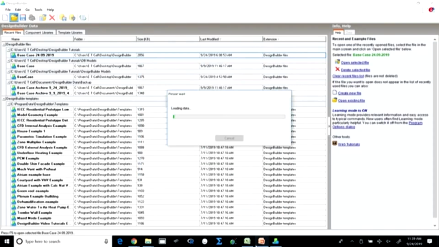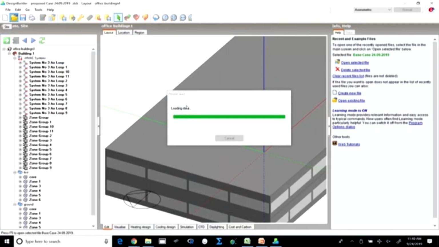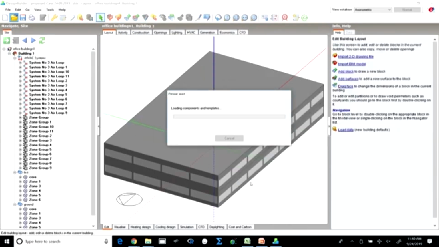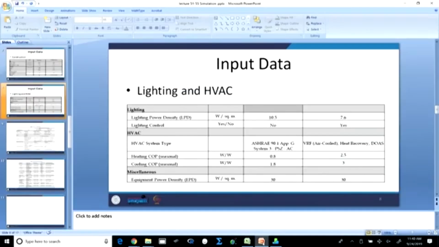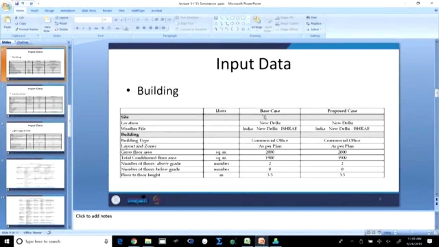Let us quickly have a recap of what all needs to be changed, what is the difference between a base case and a proposed case. This building will look exactly the same except for some minor changes. So, let us quickly have a recap. If we look at the input data,